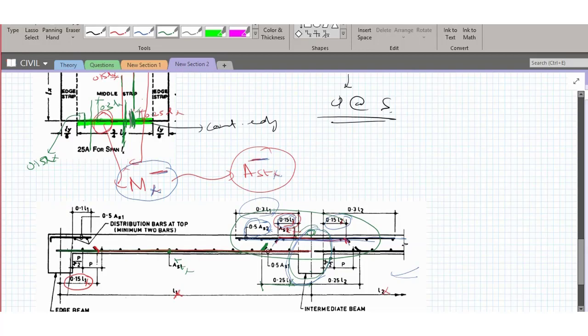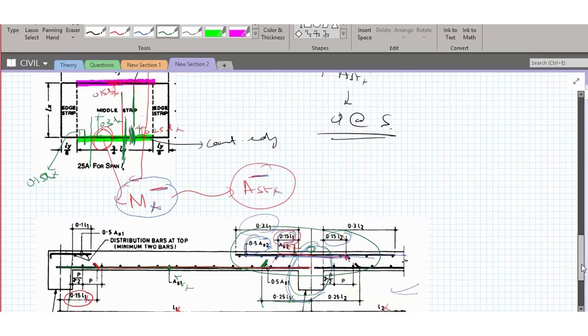Yes, sir. Okay. But anyway, I'm again repeating to everyone: if you get a chance to visit a site where slab casting is being done, please observe those reinforcement details and look into what I have discussed. And if it is still not clear, refer to SP34 also and try to visualize how those reinforcements will be placed. This reinforcement drawing which I have made is for the shorter span, and the same thing can be applicable to the longer span also.